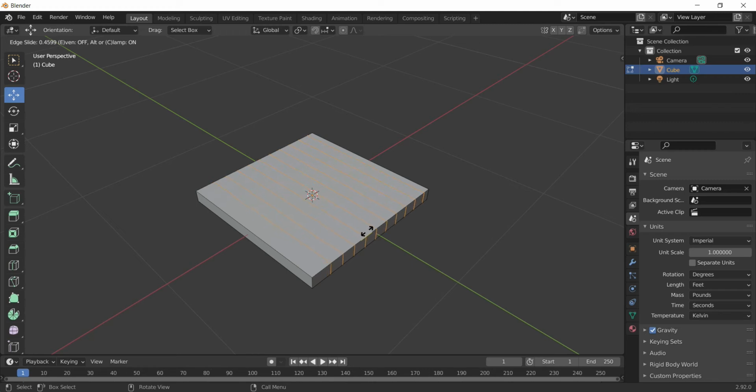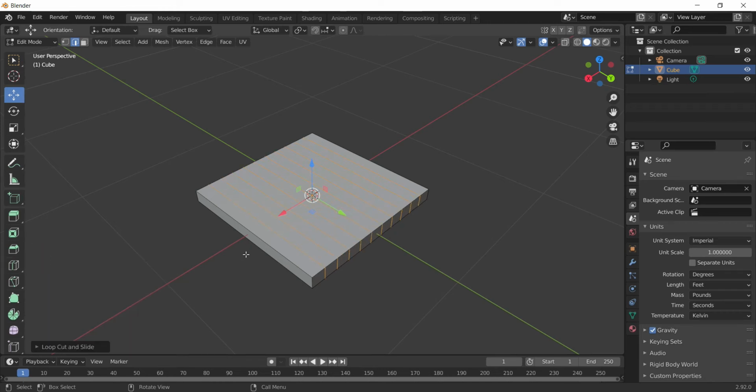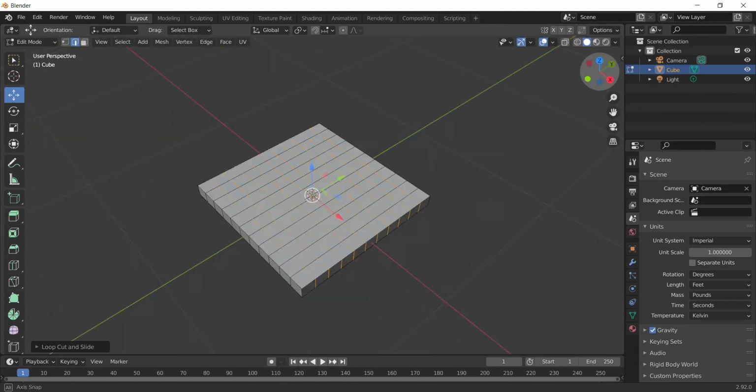Let's say if you want to put it somewhere on the right side or the left side, you can click and you can fix the position. Or else if you want all the loops in the center by default, just press the escape key and all the loops will come in the center. Again, this menu appears here as well using the shortcut. So even if you are not happy with the number of cuts which you have inserted, you can again increase or decrease. Now let's repeat the same process on this side as well, with an equal number of cuts. Press escape to insert them in the center.